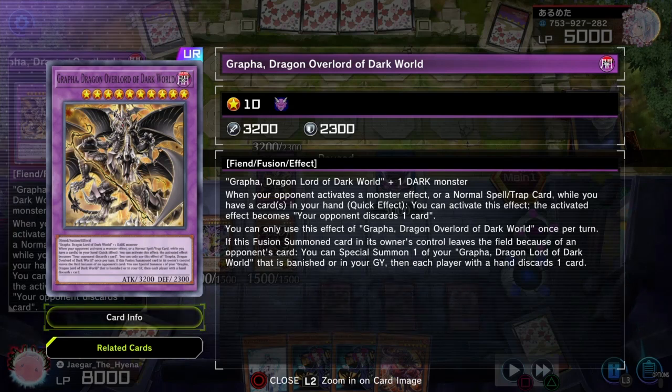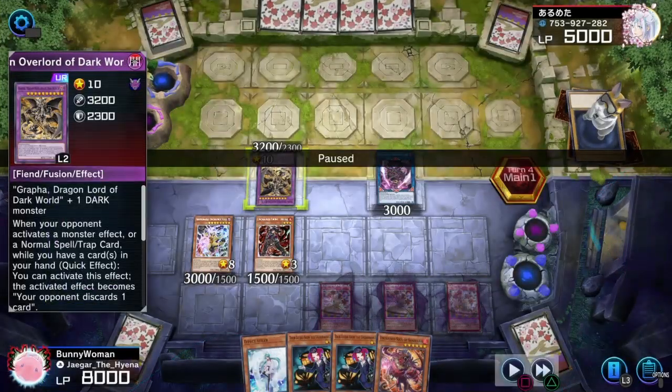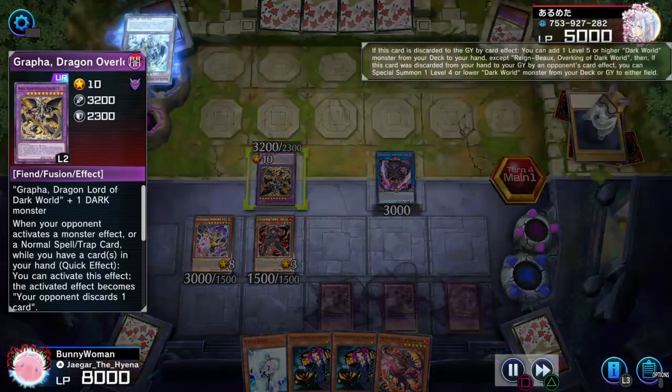Now, this thing's pretty nasty because when I activate a monster effect or normal spell trap, as long as they have cards in hand, they can activate it and turn the effect into your opponent discards 1 card, which is terrifyingly good and just basically negates my card without negating it. So they're going to use Grapha here